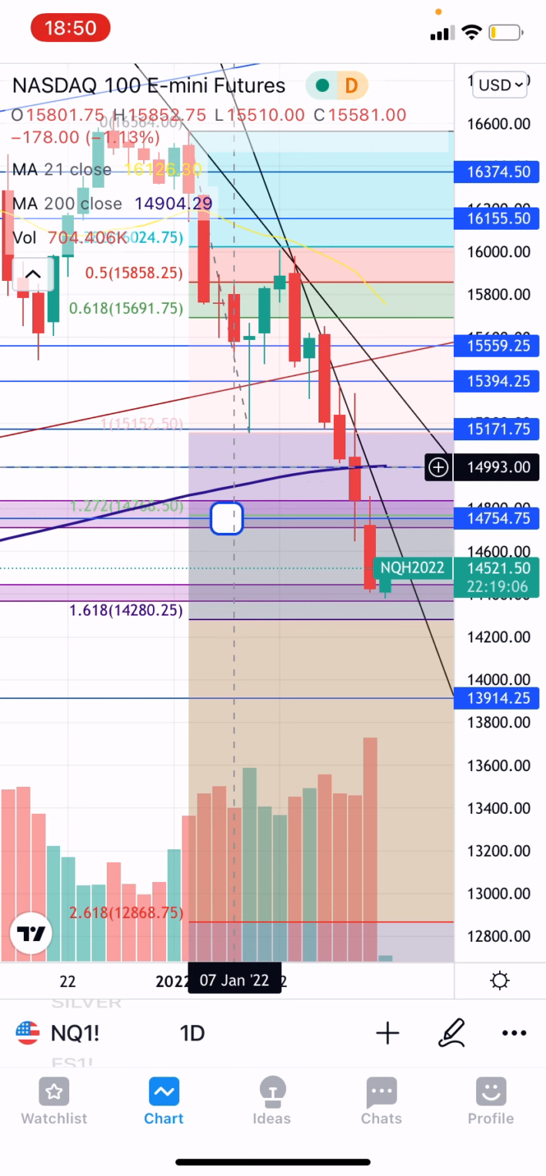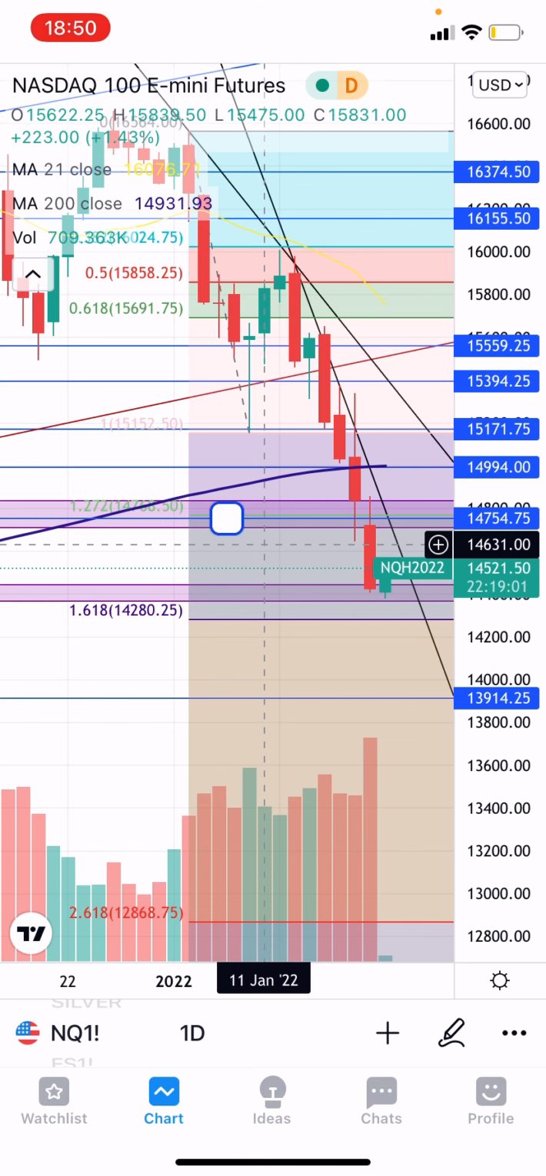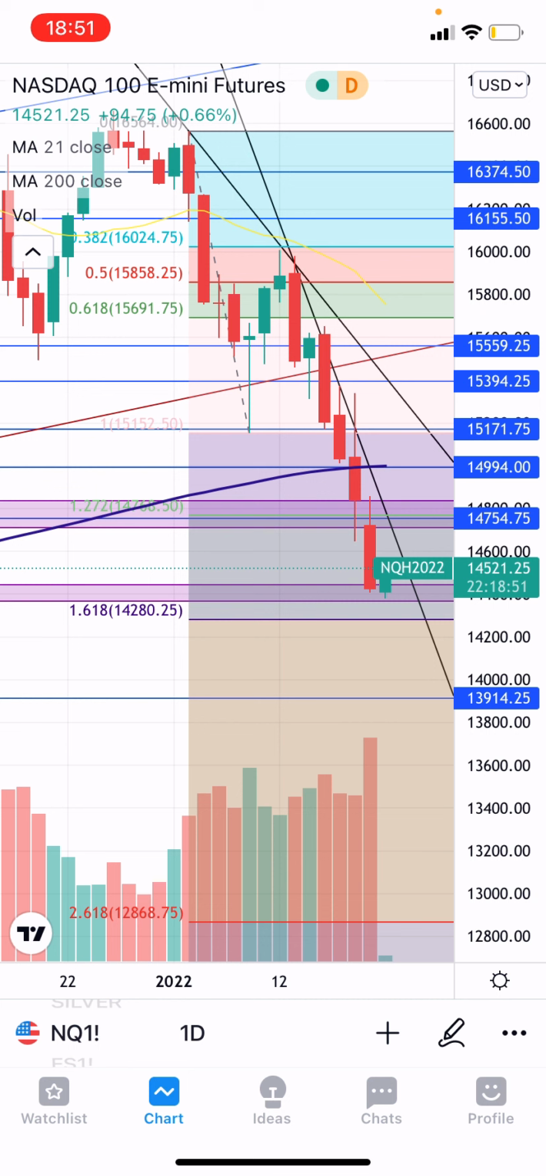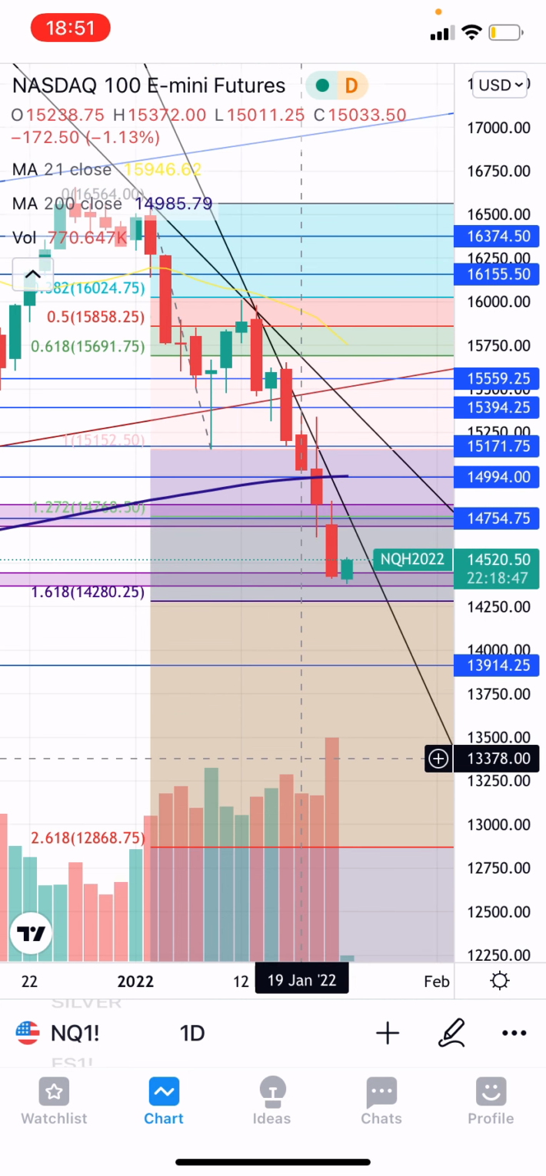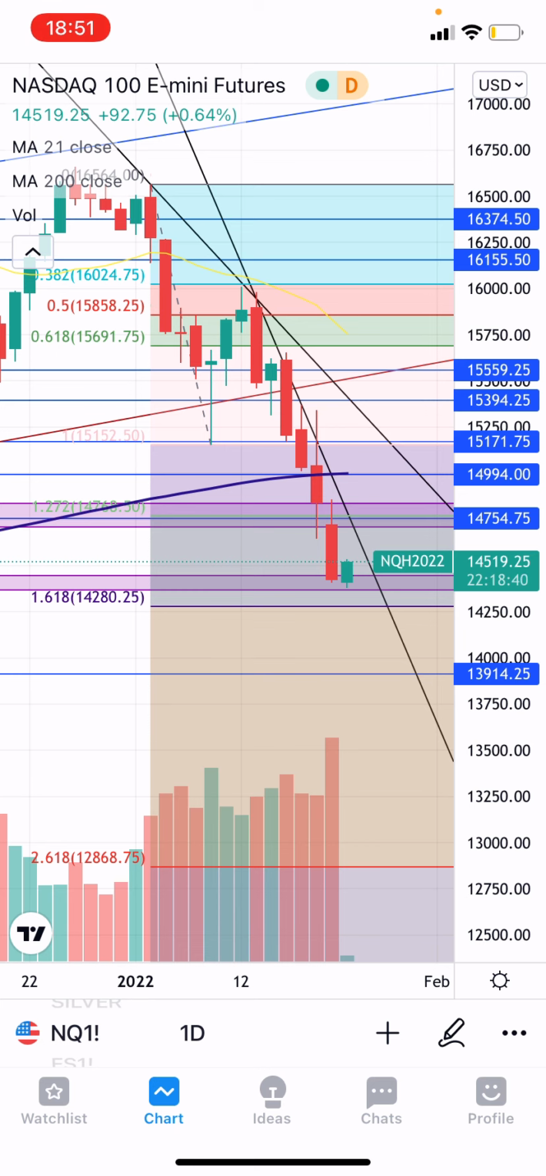So I was looking for a retrace to the 15K area. Didn't quite get that, right? So that would have been a 250 point swing in my favor, whereas I got stopped out for about 150 points. So you also want to consider your risk to reward, right? You don't want to be taking a long position where the risk reward ratio is just horribly against you, right? Typically, with the Nasdaq it's tricky too, but typically